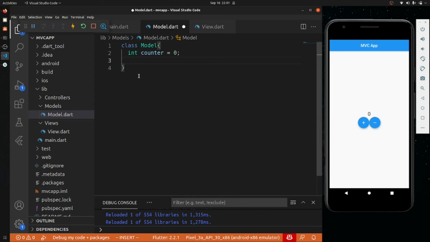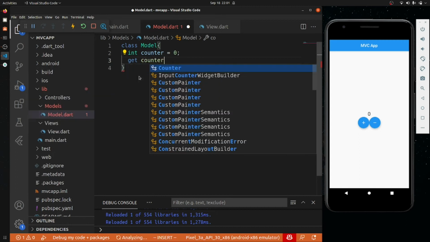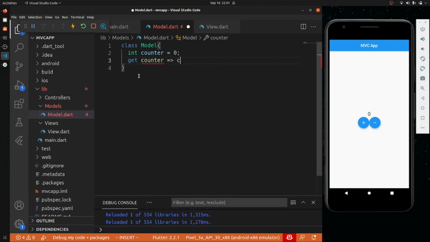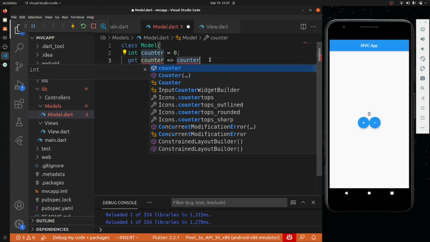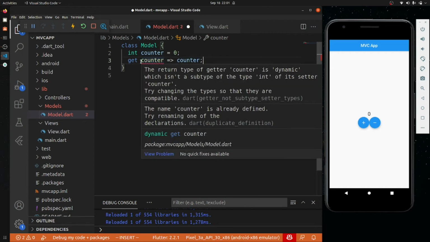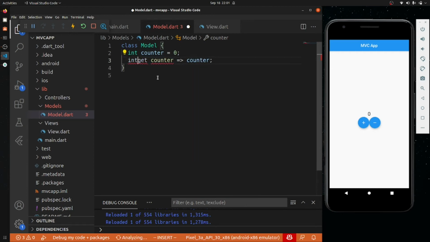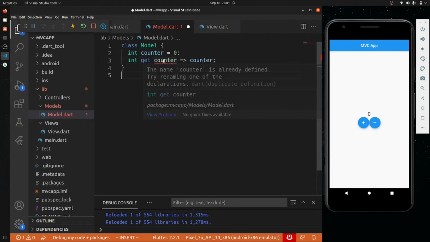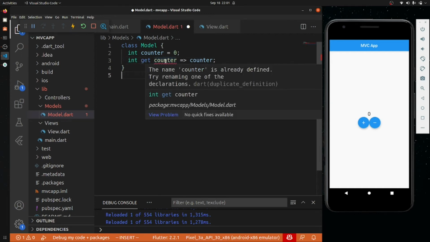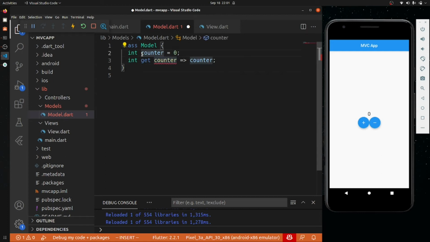So basically I want to get the counter and it will return me a counter. It will be an int. One thing, counter is already defined, so renaming counter.